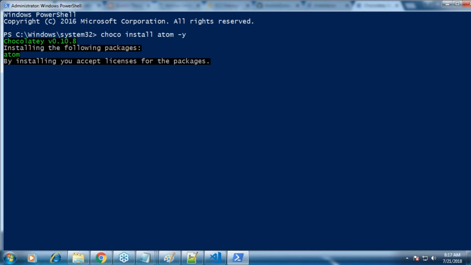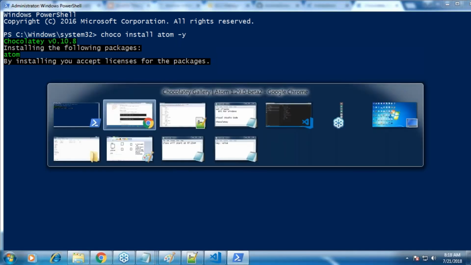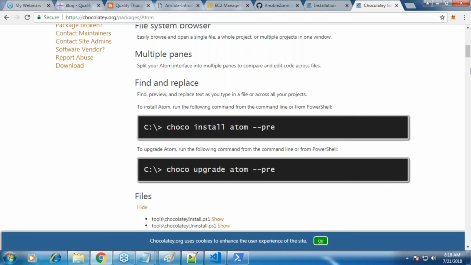Even if you want Google Chrome, choco install Google Chrome, you will get the command, copy it into your PowerShell, and you will be able to do all the installations. I want it this way. I don't want you to download, double click, click on the license agreement, press next. All of that is nonsense. So just use this. A command will do the work for you. Make sense? Okay. So for any Windows setup, we will be 99% using this Chocolatey for all of our setups.